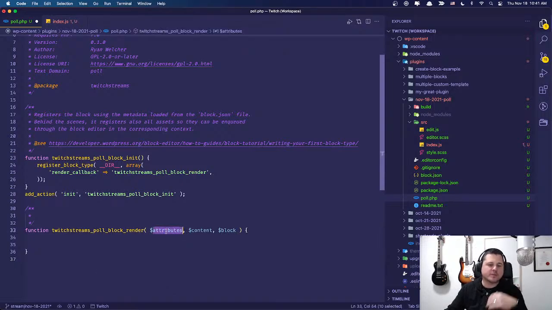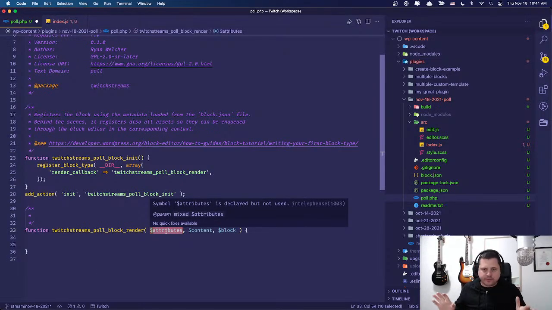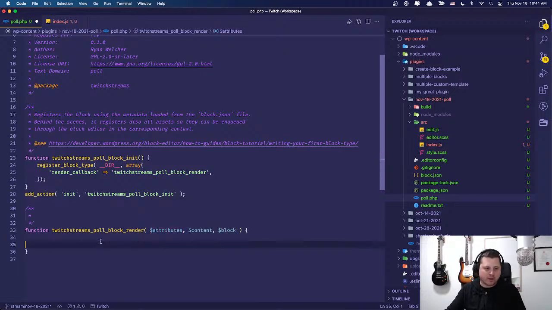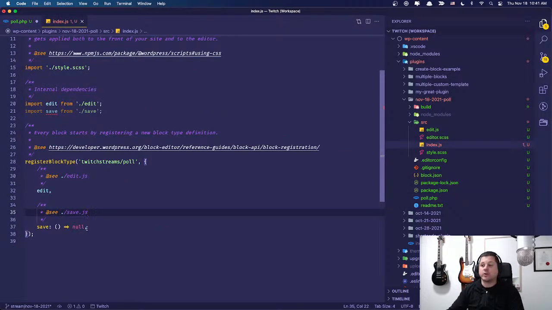Okay, so the attributes represent the attributes of the blocks. We've defined attributes for blocks before, so this will be whatever they are, whatever values they have. The content is, if this block contained an inner blocks instance in our index, we would return the content of